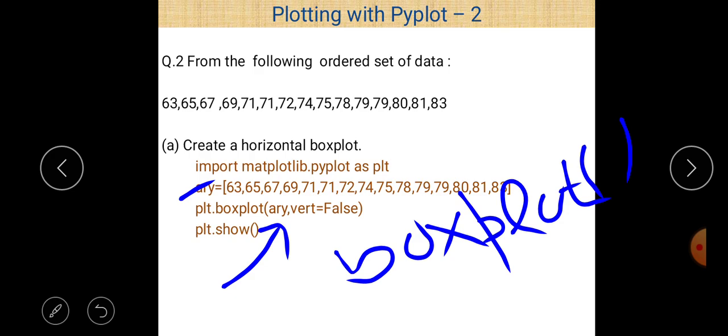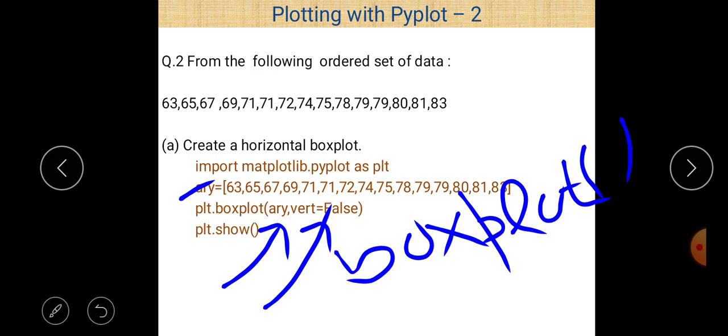Second, we have to create a horizontal box plot, and by default it is vertical, meaning the default value of the vert parameter is True. So to create a horizontal box plot, we must give vert equal to False. So a horizontal box plot will be there after the execution of that program.